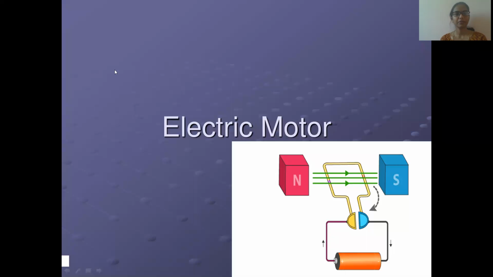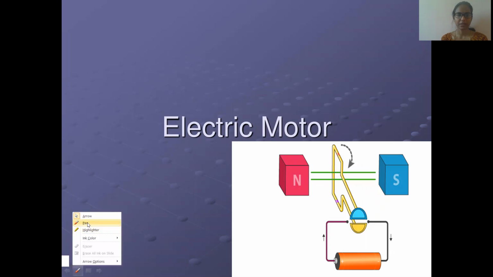Hello children, hello everyone. In the chapter called magnetic effect of electric current, we're going to understand one of the important topics today, that is electric motors. In day to day life we come across so many appliances like electric fans, washing machines, mixers, grinders. You can see a rotating element is common, right, children? That means when you pass electricity, they undergo some mechanical energy, that means the rotating thing.